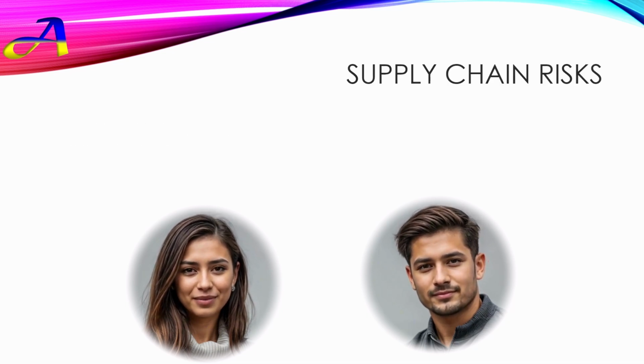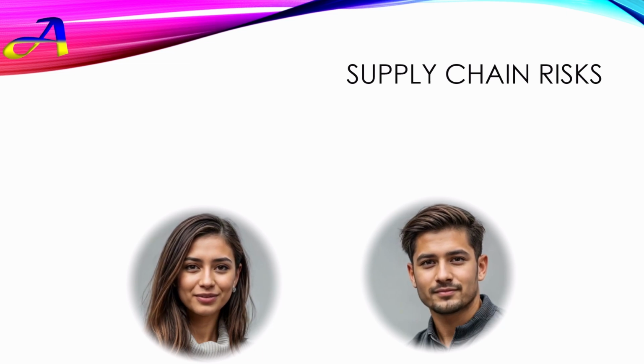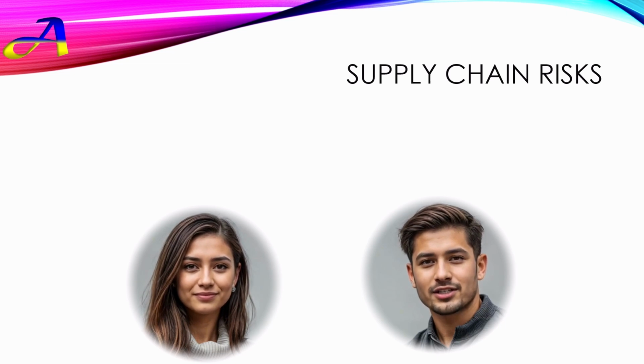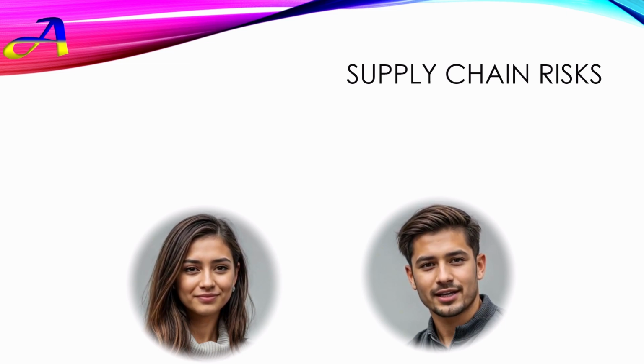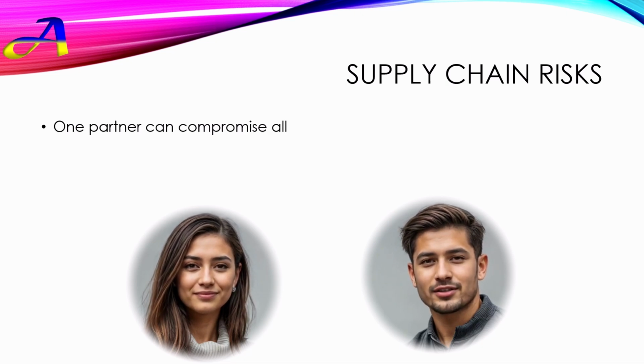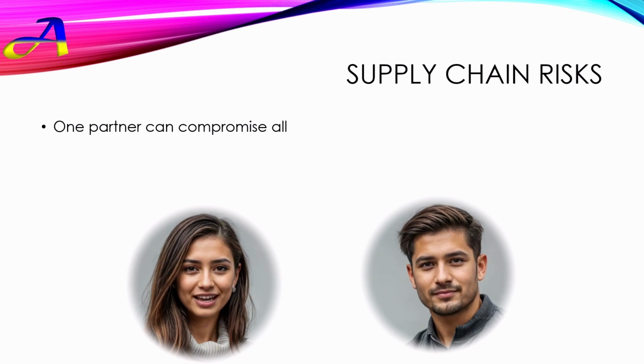Now let's move on to something a bit more complex, supply chain vulnerabilities. This sounds like it could have a ripple effect across many organizations. It definitely can. A supply chain is essentially the network of all the different companies and processes involved in getting a product or service to the end user, from the initial design to the moment it reaches your hands. Okay. Vulnerabilities can exist at any point along this chain. So if even one of those companies in the chain has weak security, it could potentially compromise everyone else they work with.